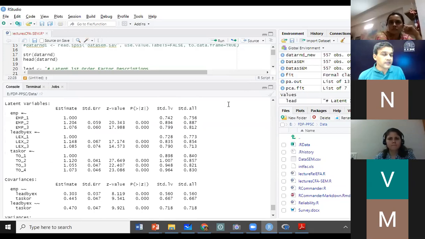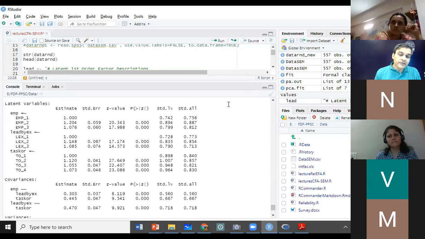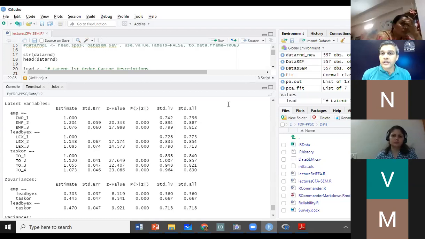A first order latent construct should have a minimum of 3. Ideally, as I had told you in the previous class also, you should aim for at least 4. You can go down to 3 also, but if you go below 3, you will run into problems. The tool estimation for CFA will not work. Is that okay? Okay, sir.